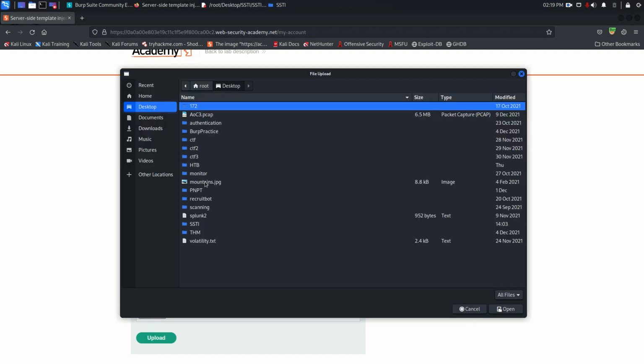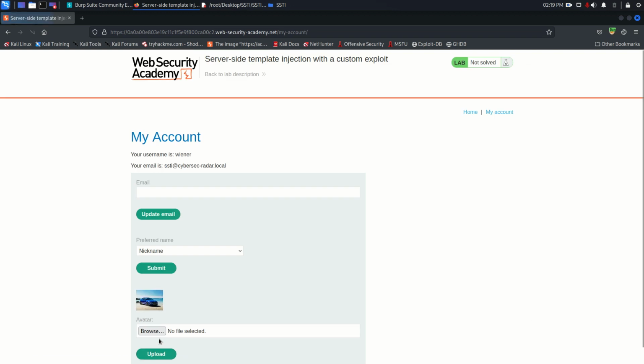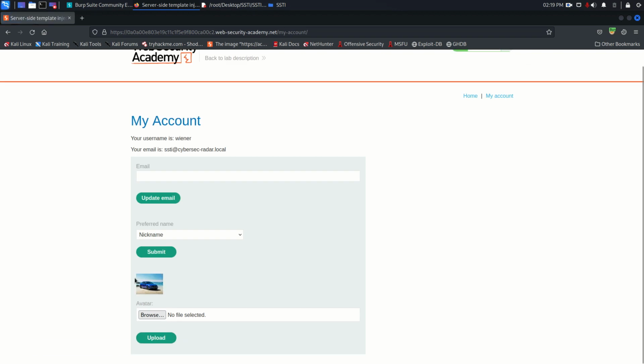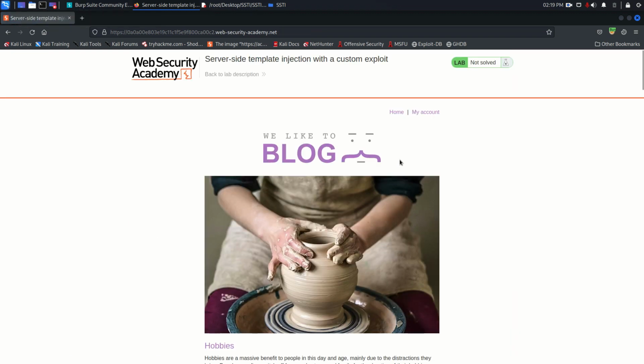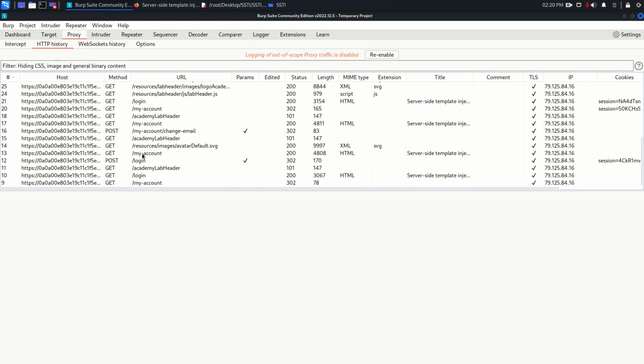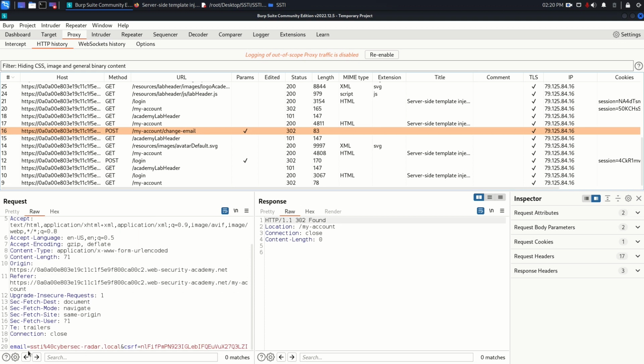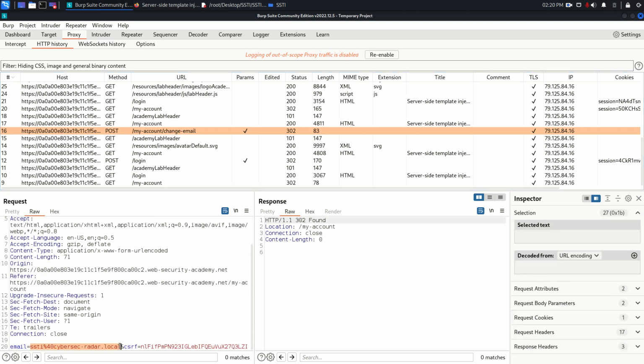So I'm going to upload a genuine image here to just see the request, and as you can see, the image is uploaded successfully. Now if we go to home, because here we did not find anything, but before going to see the home page, I just want to see the request we made up to now. So the first request we made for email change. If we come here, we can see this was our first email which we updated,